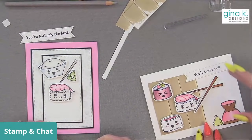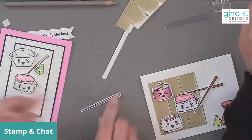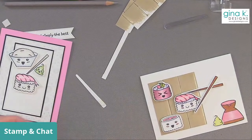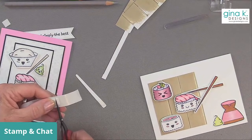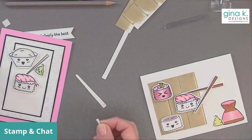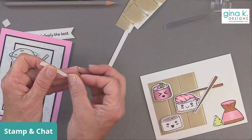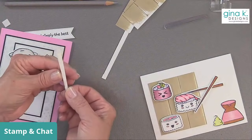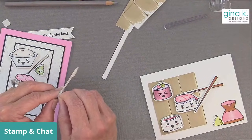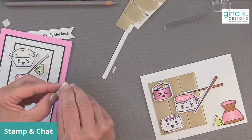All right, I'm going to pop up the chopsticks. So this is going to give me a headache, trying to cut this down thin enough to work, but I'm going to try. All right, here we go. I'm going to make it work. So I'm going to put that down here. And even though parts of it will be suspended in midair, it won't look like it. Well, it'll look like it a little, but it'll be actually...